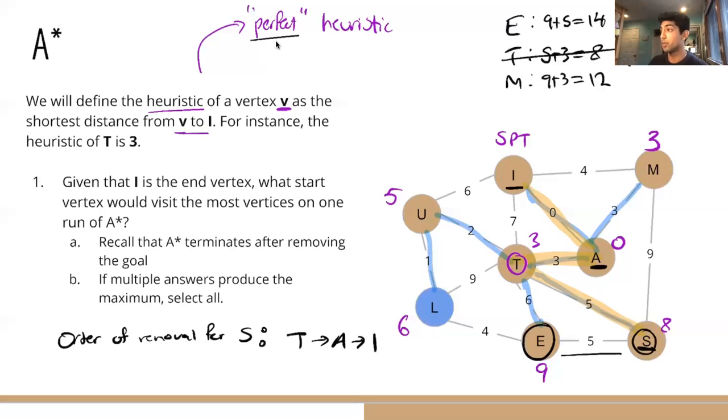So since all of the shortest paths are unique, every time we run A star from any one of these vertices, we will only remove vertices on that shortest path, okay? So the question actually just comes down to which one of these vertices, when made the start, has the most vertices on its shortest path, okay? So the question is which vertex is the most vertices